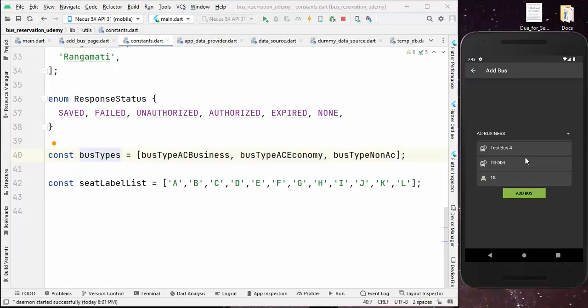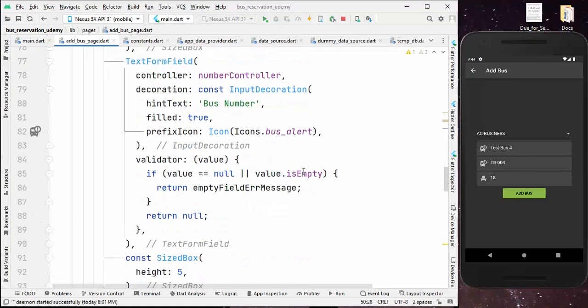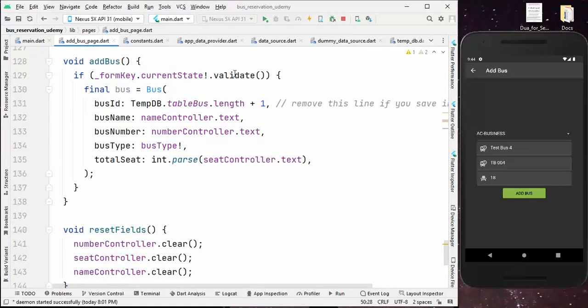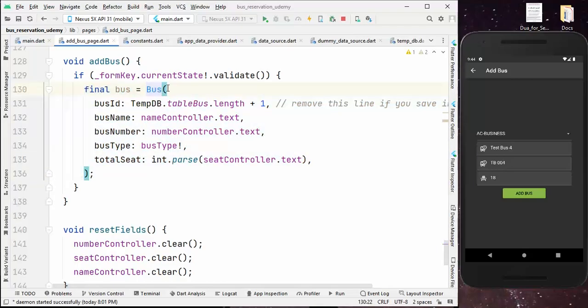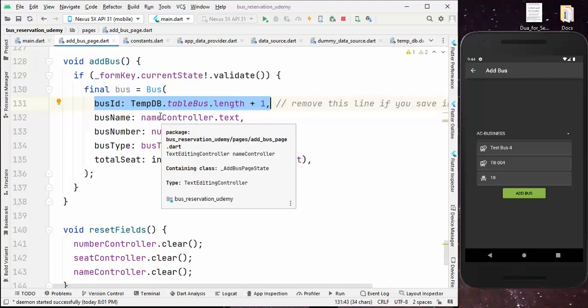Now that we have all the information in the input fields, it's time to press this add bus button. Whenever we press this button, first of all, we need to validate the fields. If any of the fields is empty, there should be an error message. And if not, then we go to the next step. That means we need to create a bus object from this provided information. First of all, we are giving an ID, and actually this is not necessary